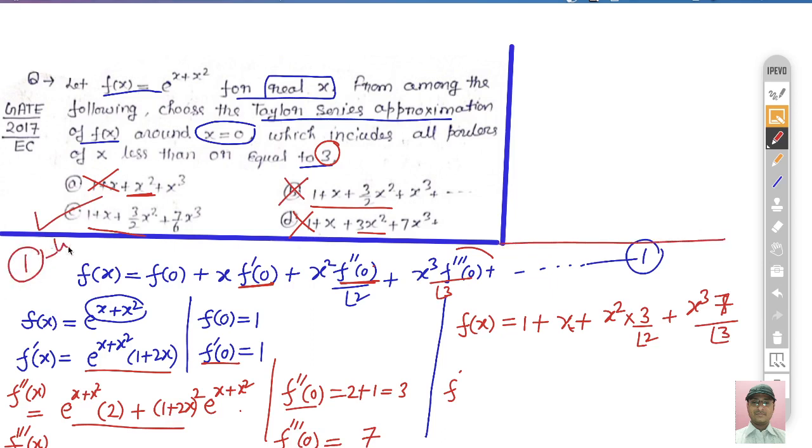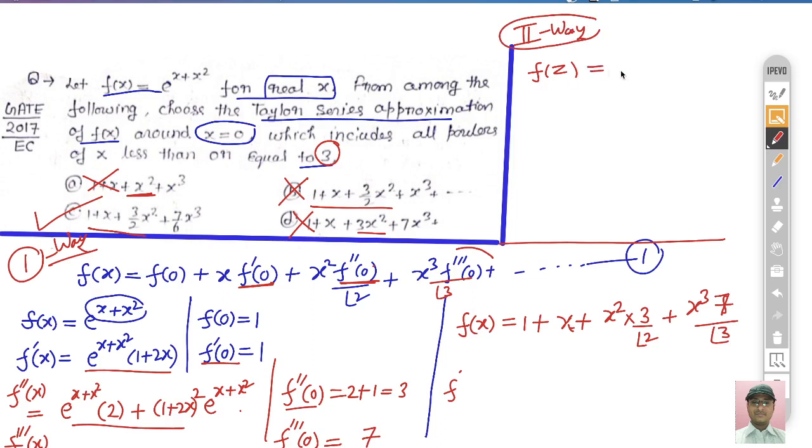And one more way I will tell you, because this is the lengthy process. This is the first way to find out the expansion. You can do the same problem another way. It is a very simple process. So this is the second way to solve the same problem. Because in the GATE exam you have limited time and you have to use the short technique as much as possible to get the result quickly.